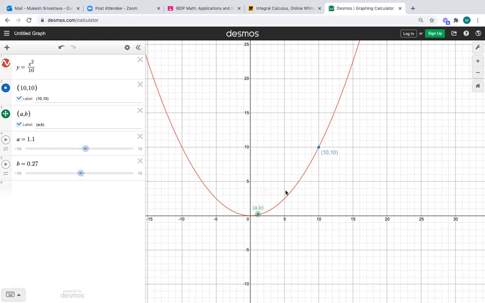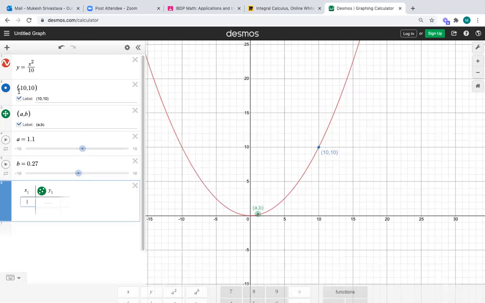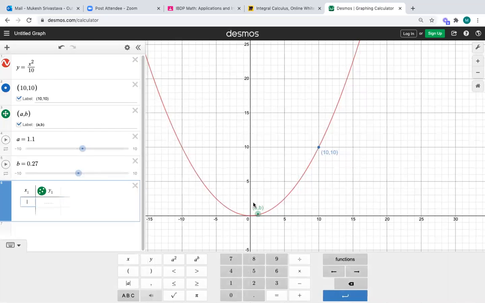If I join these 2 points, point A comma B and 10, 10,